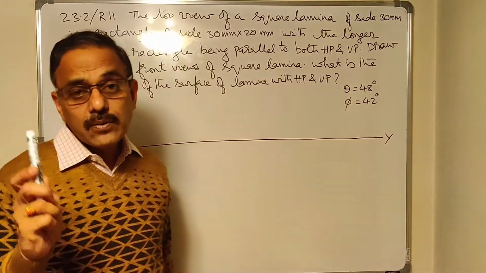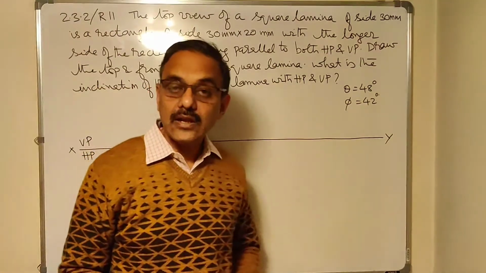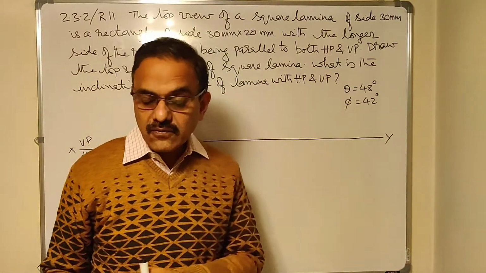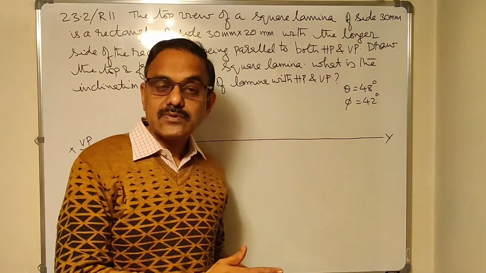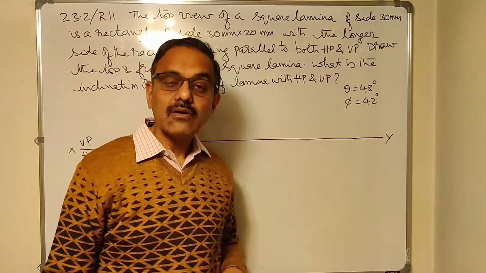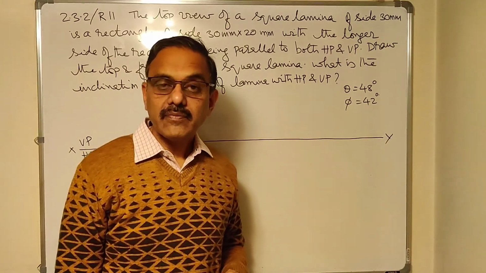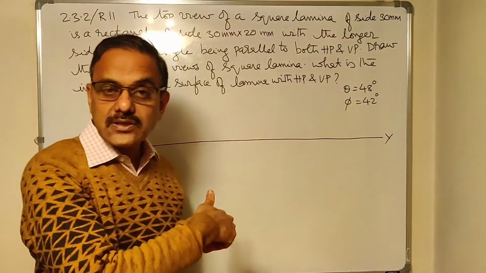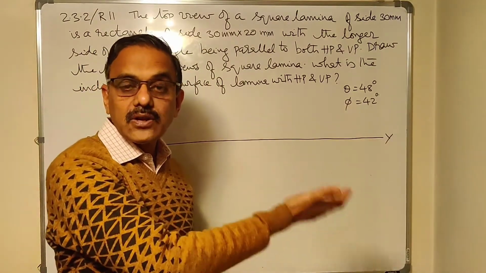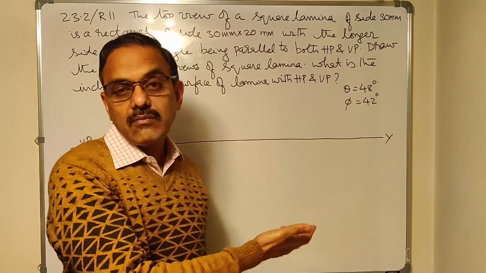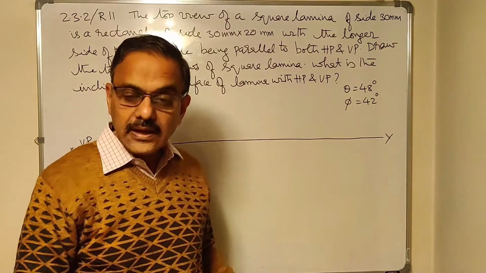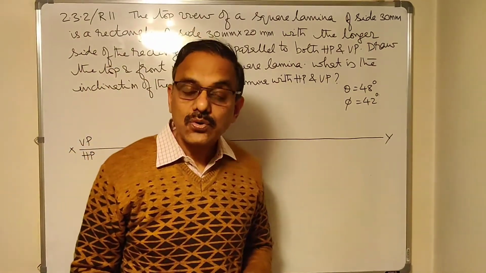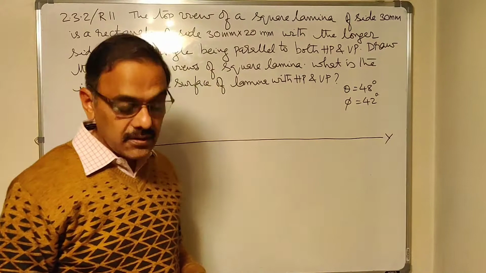That's why simple position is very important for any problem. If you go wrong in the first step, the remaining 2 steps also will go wrong. You will not be allotted marks for any step. At least if you go wrong in the second or third step, you get marks for the first step. If you go wrong in the third step, you are given marks for the first 2 steps. But if you go wrong in the first step, the entire problem is gone. So simple position is very important.